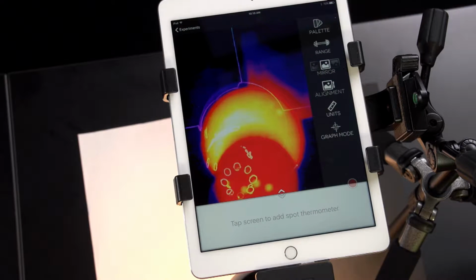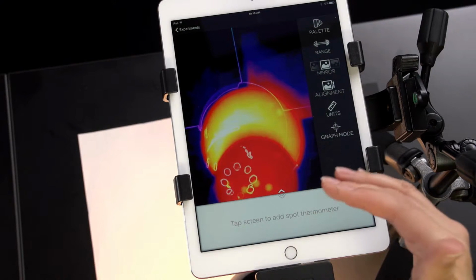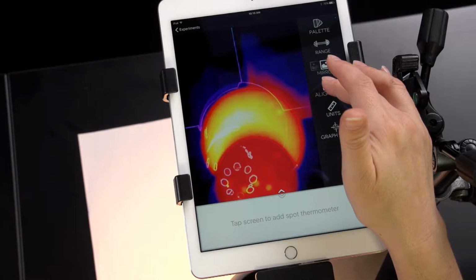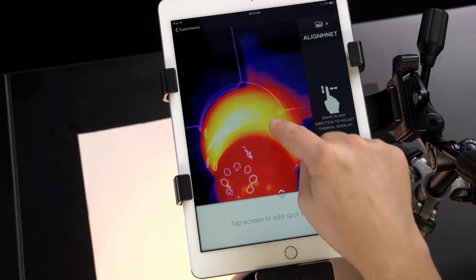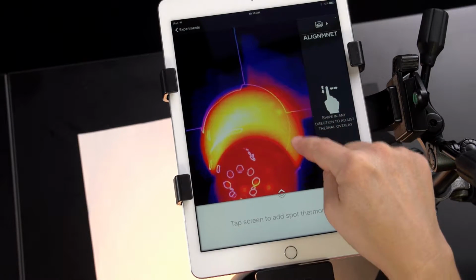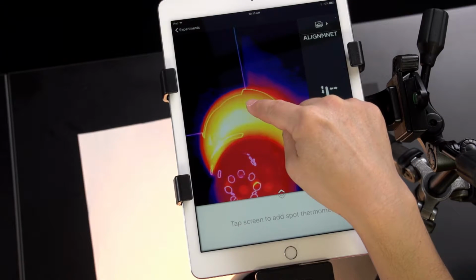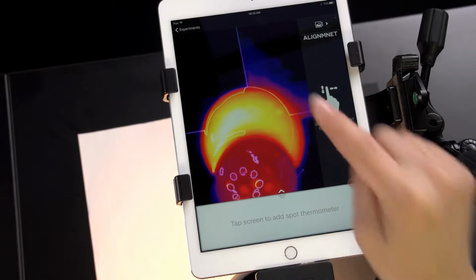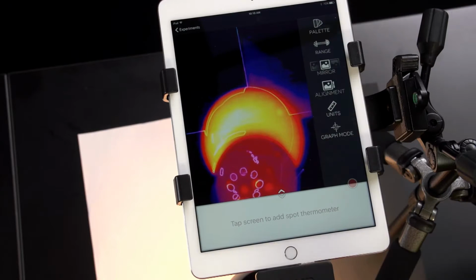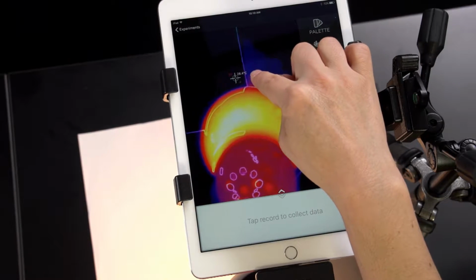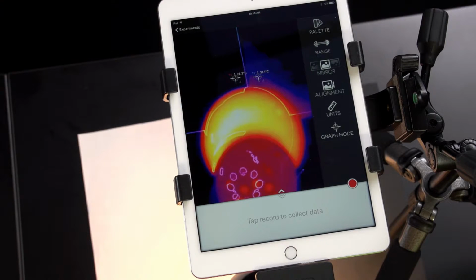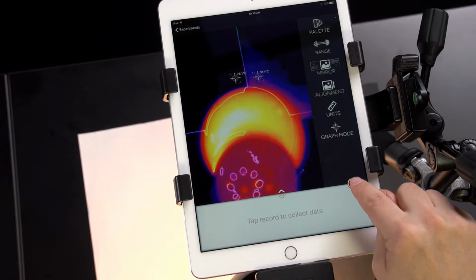However, it looks like the camera is not quite aligned properly, so what I'm going to do is tap on the alignment feature and then pull this over a little bit until it matches better. So what I can do here is I can place two spot thermometers, one on the white paper and one on the black paper, and get an idea of the temperatures versus time via a graph, which is very nice,